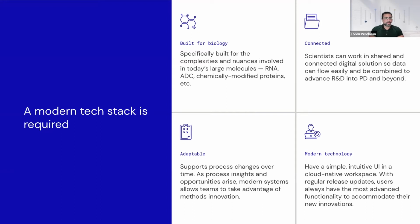We're becoming more and more distributed, both in terms of labs being separated over continents and people working remotely. So it's very important to provide connectability across sites between people, being able to log in over a cloud-based modality as opposed to having to be on premise. Science is changing so rapidly, so systems have to be highly adaptable, but still rigorous, right? Like we've talked a lot about data quality and the need for systems to be